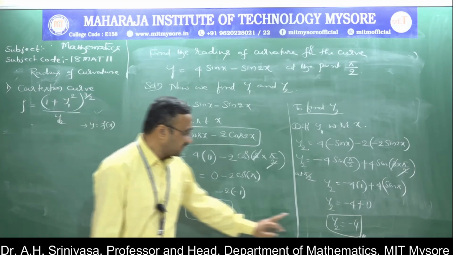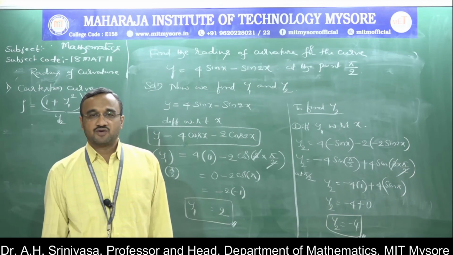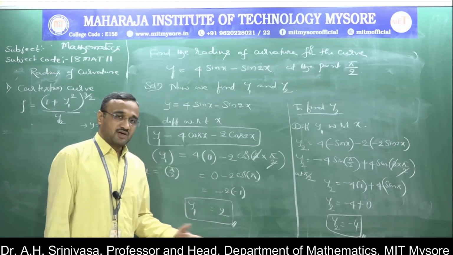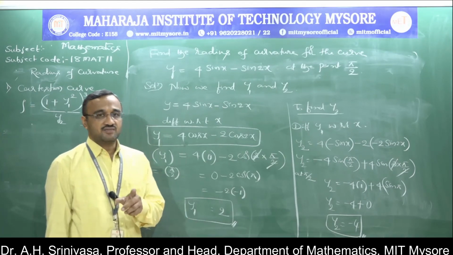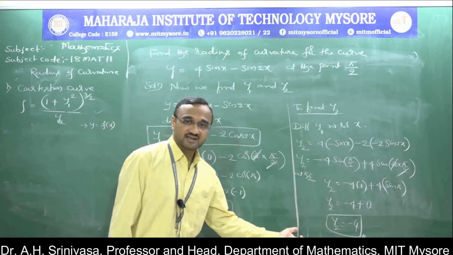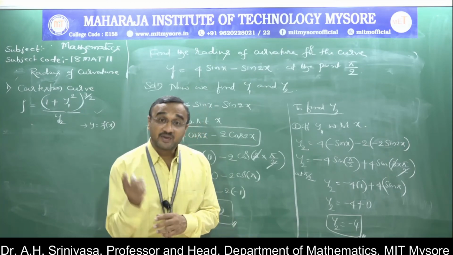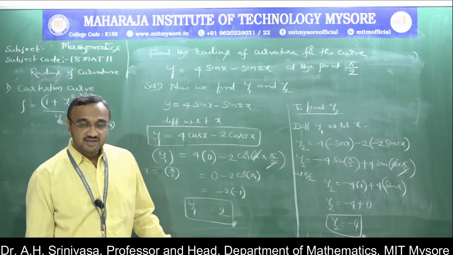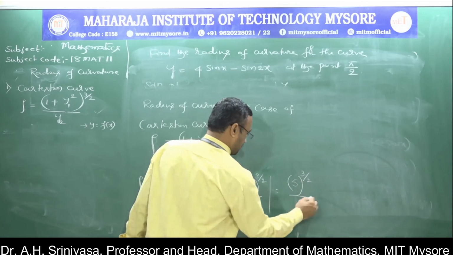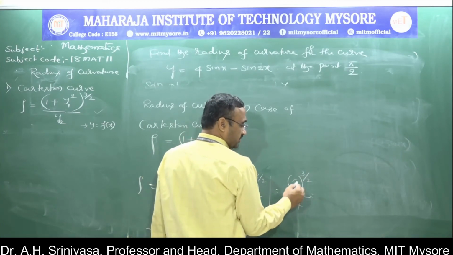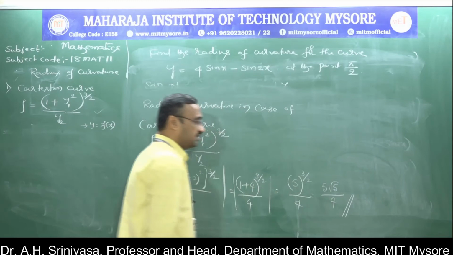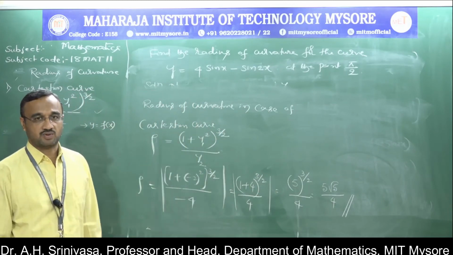Now after getting y1 and y2, substitute in your formula for radius of curvature in Cartesian form. Here, if you compare to the previous problem, we changed because the first order derivative became infinity in the previous problem, but not here. y1 and y2 are directly available now. So that shows that y is dependent on x. In this problem, x is an independent variable. Power 3 by 2 or 4, or simply, if you take the square root of this, 5 root 5 by 4 is the required solution of this particular problem.